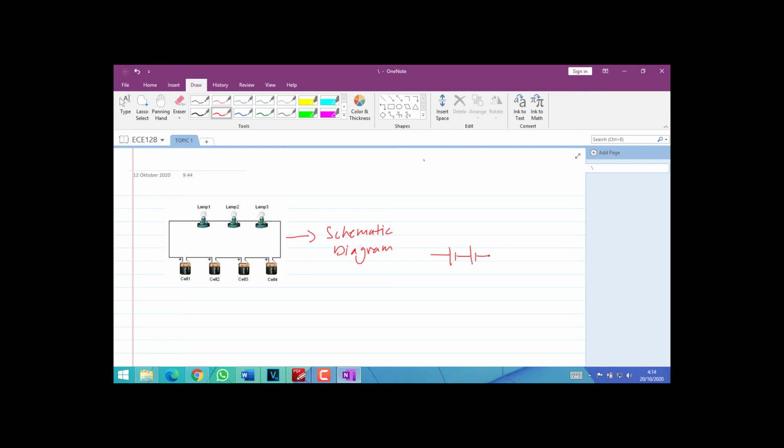So we have 4 batteries, 1, 2, 3 and 4. So this is the symbol for the battery, and this is the polarity, plus minus, plus minus, plus minus, so plus minus here. Next we have lamp. We have lamp 1, lamp 2 and lamp 3. So the symbol for the lamp, like this. Okay,